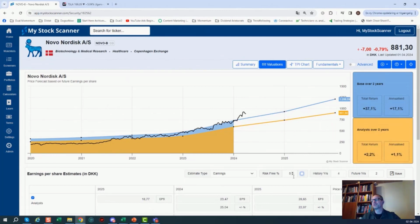But I like to put it on later on, because it shows if the investment I am looking at, the company I'm looking at, is actually outperforming a risk-free interest rate. It ought to, you could say. So if you're buying into a company and it only barely beats the risk-free interest rate. Let's say you could get 5% on a bond right now, for instance,